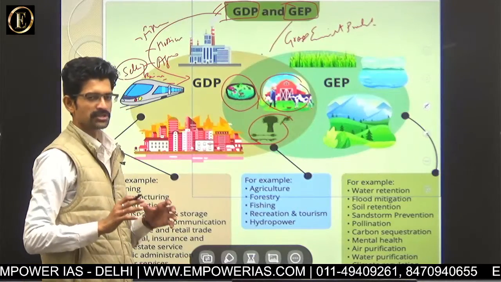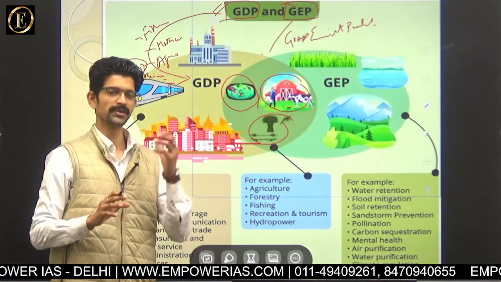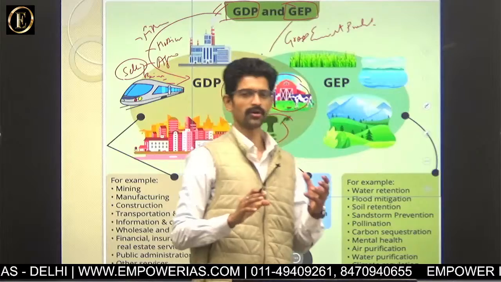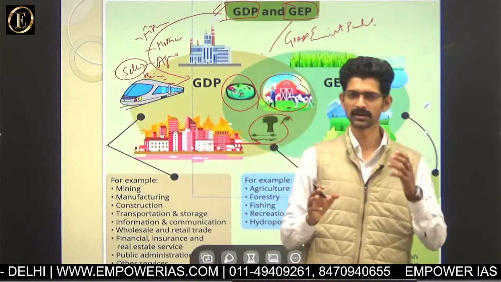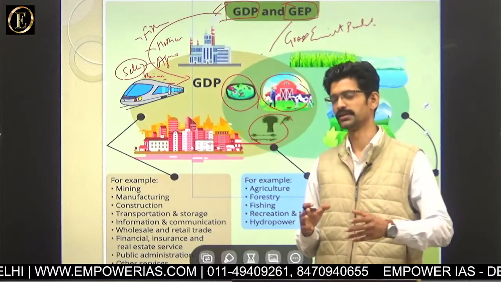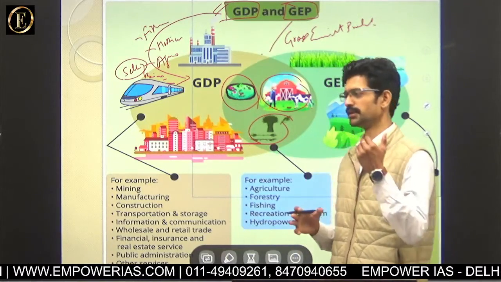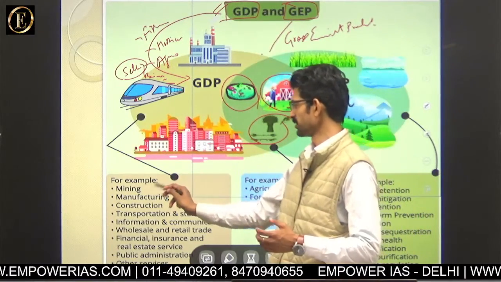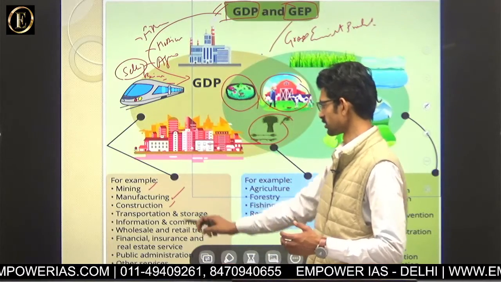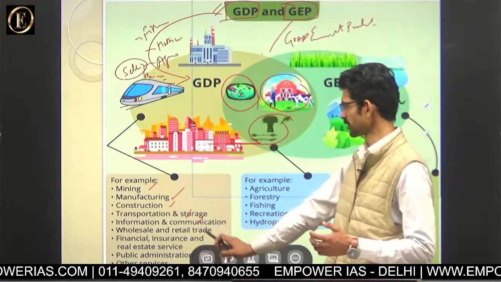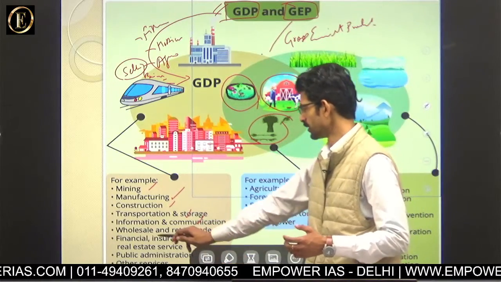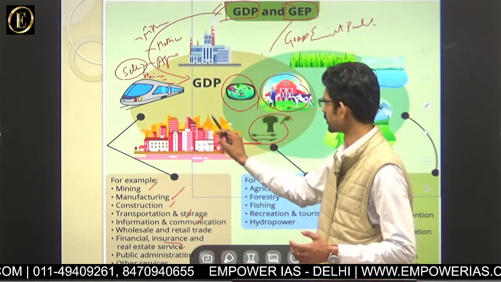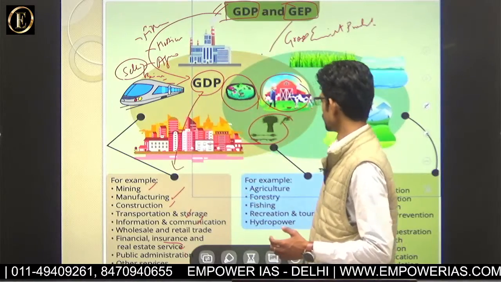So in the pandemic situation we also see how the GDP of India was maintained by the gross environmental product by tackling all the decisions in terms of environment and agricultural products that cater to the needs of India's economy as well as develop the export sector. For example, GDP is developed by mining, manufacturing, construction, transportation and storage, information communication, wholesale and retail, financial insurance and real estate services, public administration and such services under the GDP. But in the green economy,